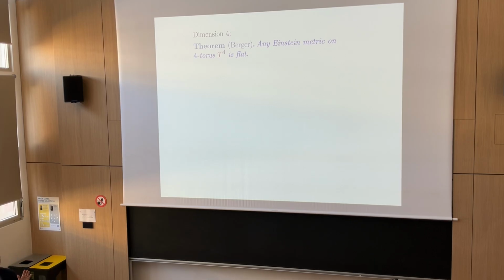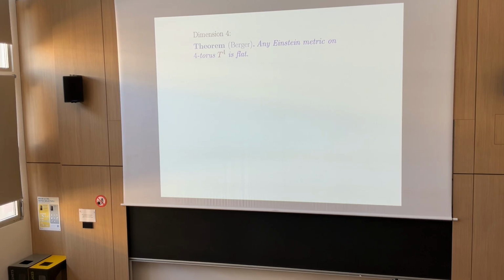So, metrics which have 0 sectional curvature, have 0 Ricci curvature, those are Einstein metrics. What is remarkable is that Berger showed that actually those metrics are the only Einstein metrics on the 4 torus. Now, it's important not to confuse this. If this is the first time you've thought about any of these things, you're not going to jump to the wrong conclusion. But for people who know more, it's important to realize, so I'm saying this does not generalize to